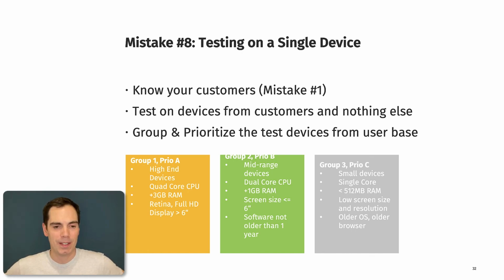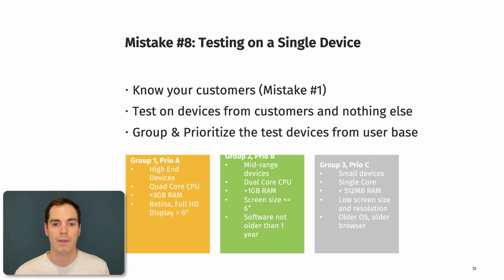So for example, you have group A with priority A. It has the high-end devices with the best hardware amongst your users. Group B has mid-range devices. The software is a bit older than one year, for example. And Group C devices are older phones that make up a small portion of your target customer base and have not the highest priority in terms